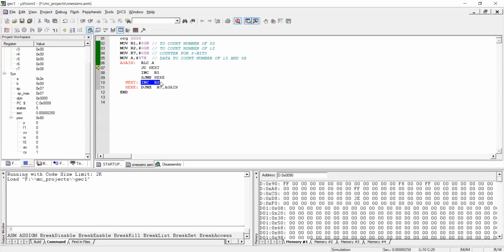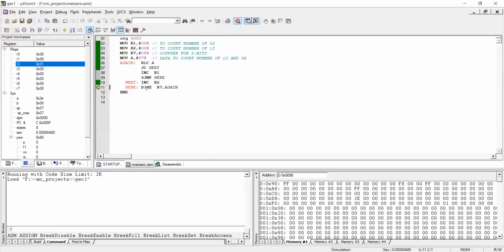As we know, R2 is a register which is used to count the number of ones. So since there is a 1, I'll increment the value of the register R2 by 1, so that the R2 value is incremented by 1 here.